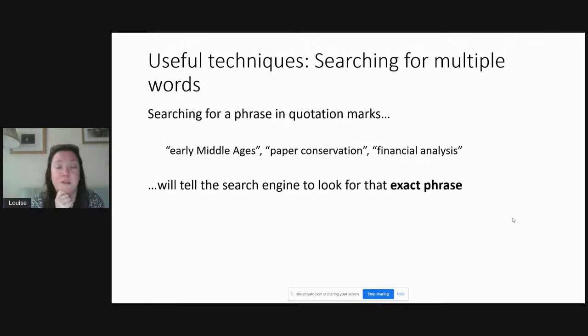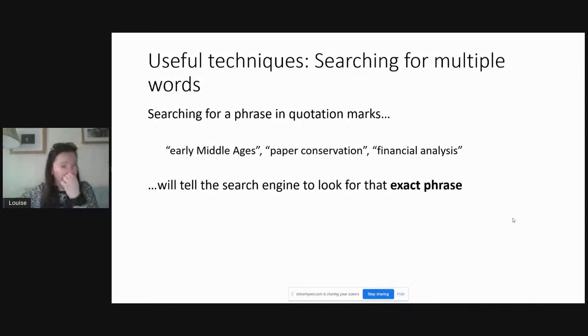Searching for multiple words. This is my absolute favorite, because so often as you are doing your searches, you'll have an actual phrase, be it a 2-word phrase or a 3-word phrase or 4, whatever it happens to be. If we were to take the example here and look at early Middle Ages, if we just type in early Middle Ages into any search engine, you're telling the search engine to look for the word early anywhere in any article, middle anywhere in any article,